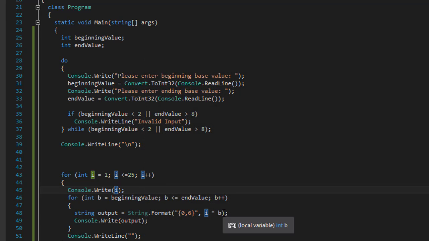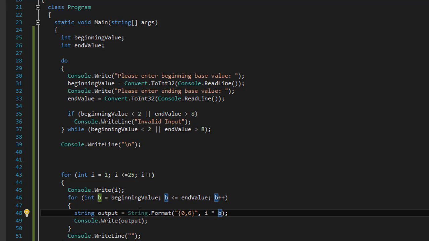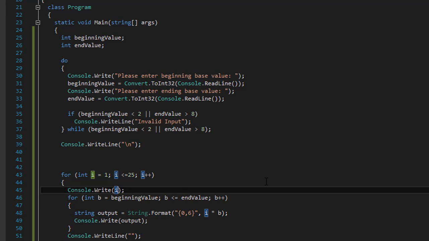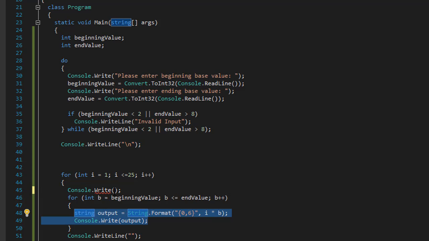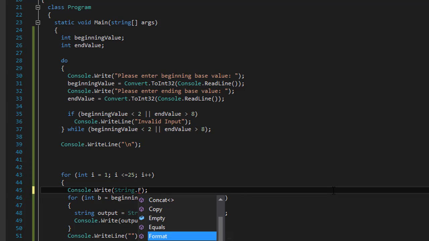I'll simply use the string.format, but instead of defining another variable, I could, but the same like here, I didn't have to actually have another variable, but it's just for the readability of the code. But over here I can simply do inside of the console.write, I can do string.format